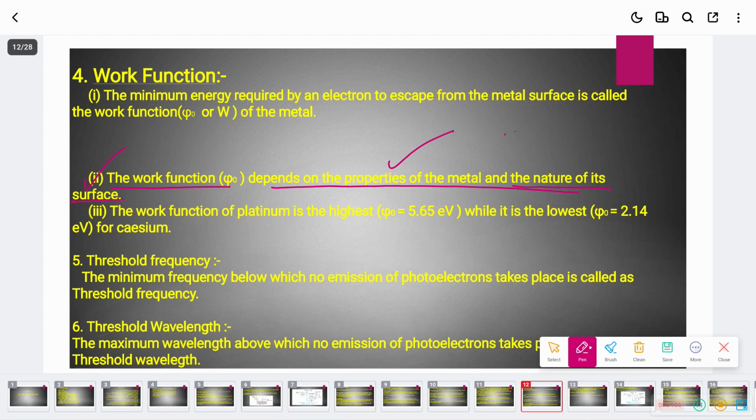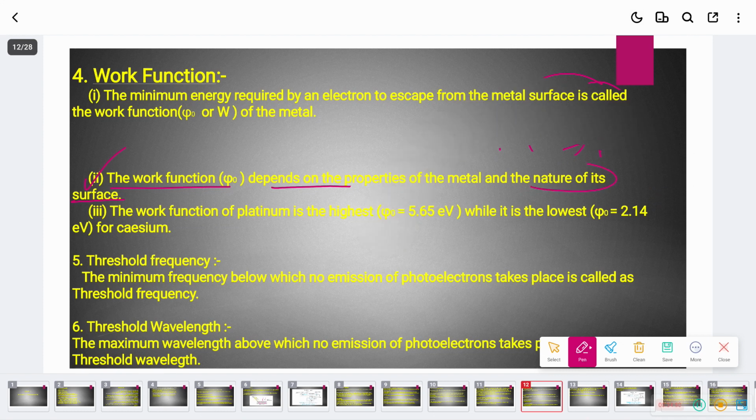Listen, all of you. Whenever electron is emitting, surface electron is emitting. Because you remember, this is the nucleus. This is the electron. This is the outside electron. See, only this electron is far. This electron is at less distance. So electrons at less distance are bound to the nucleus by the nuclear force, by the electrostatic force. So it cannot come out. This electron cannot come out easily. This will come out easily. So only the surface electron comes out.